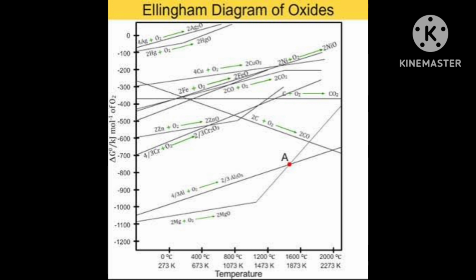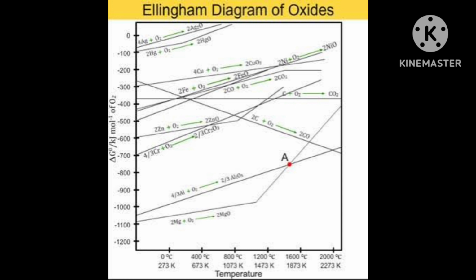The melting is indicated by an abrupt change in the curve. In this formation of oxide, meaning Zn to ZnO, the melting point is indicated by an abrupt change in the curve. Okay. Third point,